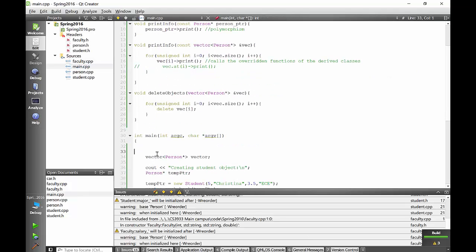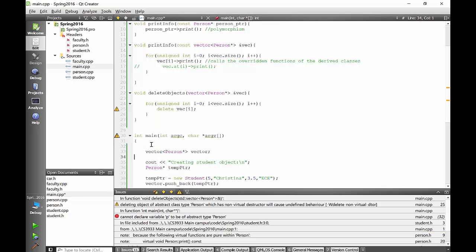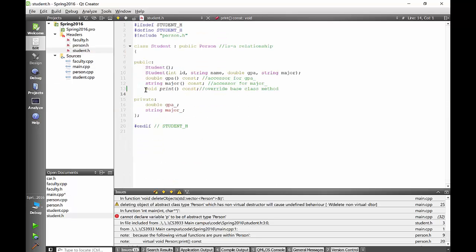Now if I try to create a person object, for example person P, then I'll get an error saying cannot declare variable P to be of abstract type person, because person is now an abstract class because of the presence of a pure virtual function. And another implication of making a pure virtual function is that if I don't have a